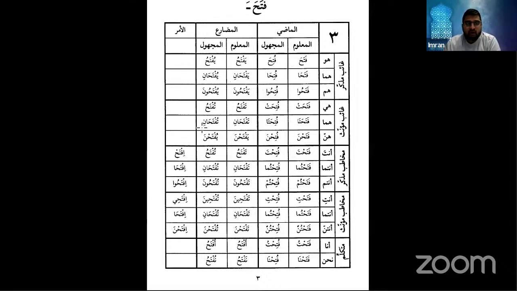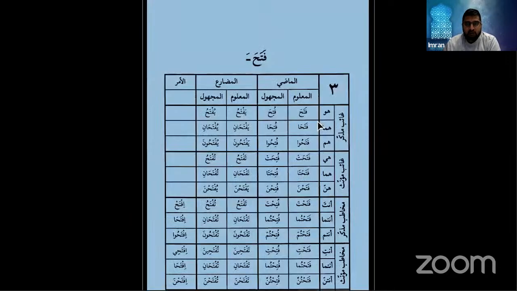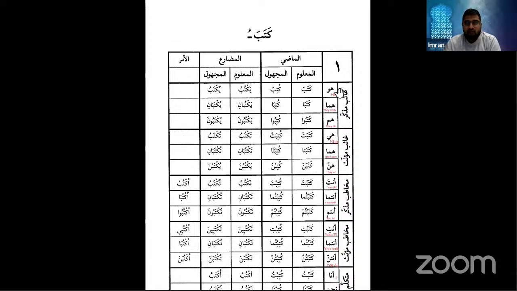If you write, the best way of writing them and learning them is that if you write this table out, write next to it the English. Huwa kataba, he wrote. Huma kataba, they both wrote. Hum katabu, they all wrote. Hiya katabat, she wrote. Huma katabata, they both wrote. Hunna katabna, they all females wrote. Anta katabta, antuma katabtum, antum katabtum. That's how you memorize it itself. So you repeat, listen, and write.